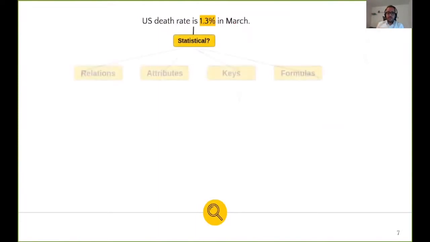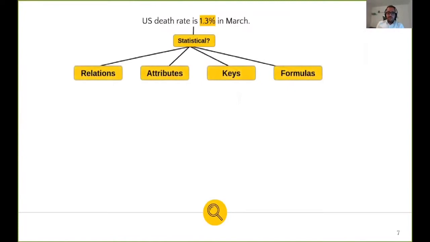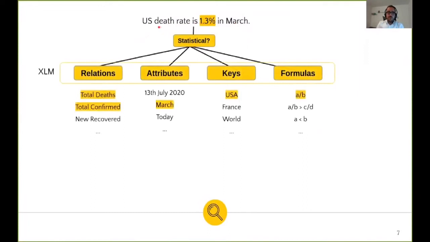If it is, then we have to predict 4 properties from this input claim. For example, we try to predict what tables we use. You can see here that we want to compute the death rate, so we need to find the number of deaths and the number of confirmed cases. The time is explicitly stated here. The same goes for the country, so USA. And then for the formula, this is basically a division, because for the death rate we need to divide